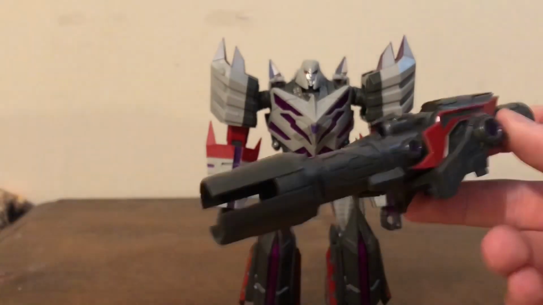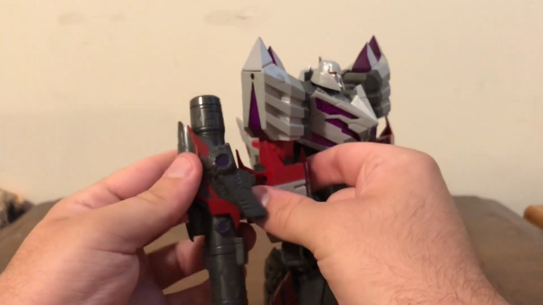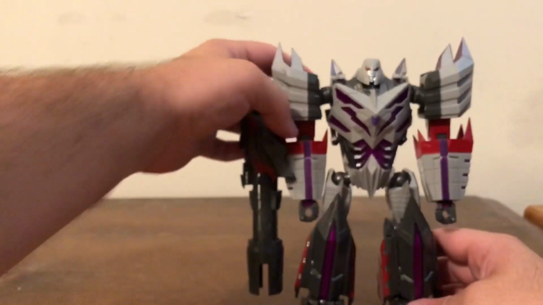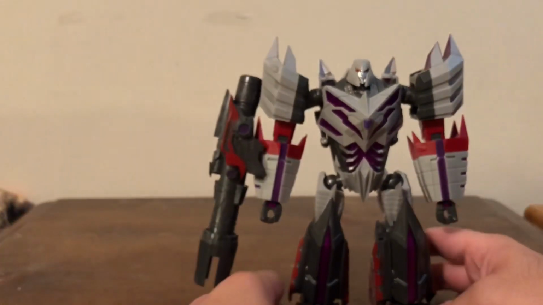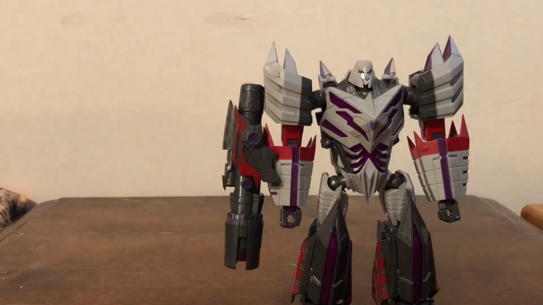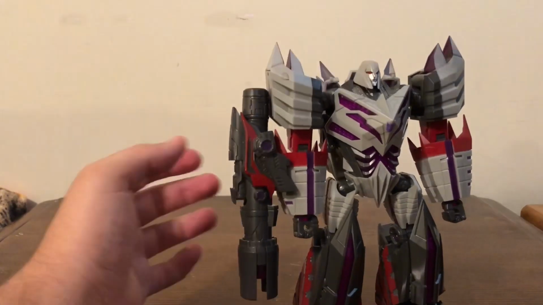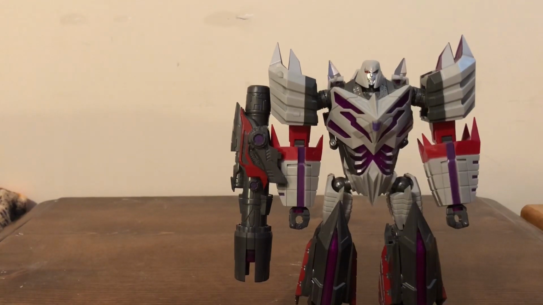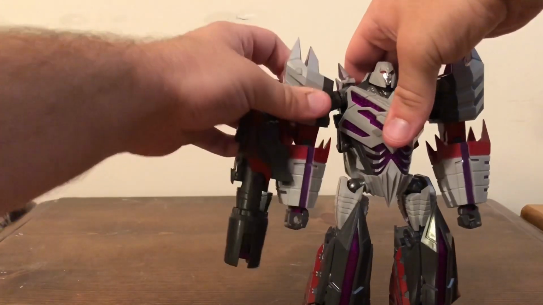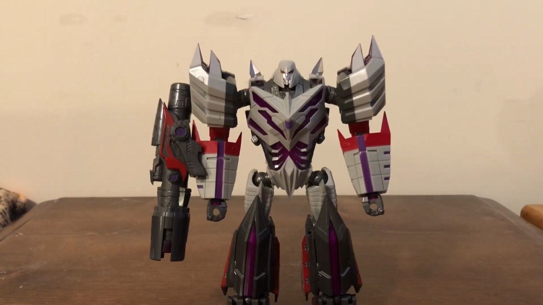So to make his fusion cannon, you can leave it extended like this, and you just plug it in to his forearm up here, and make sure that goes in. And then just make sure that's tabbed in, and there you have Megs with his fusion cannon. If you don't want it that long, you can collapse it in and just have it a little bit more compact. I like to bring it out just a little bit more. But yeah, that's how. Now I'll just leave it like that right now. All right, so there you have Megatron with his fusion cannon, and he also does come with his sword,